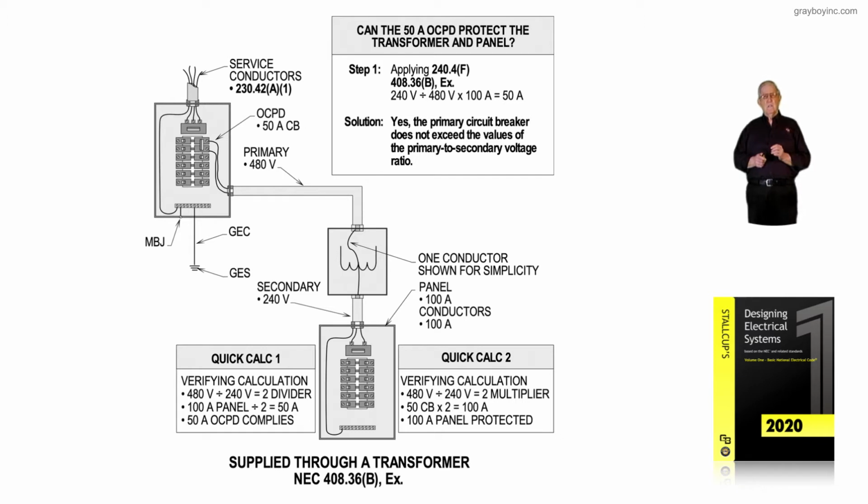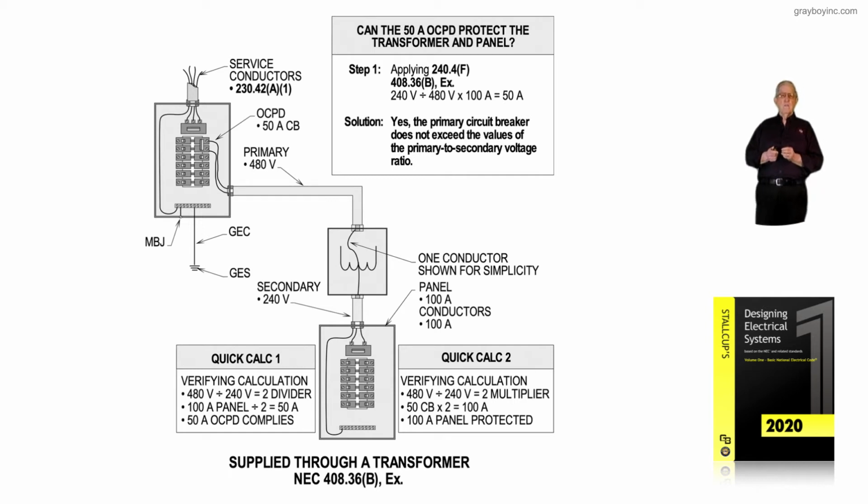And I believe it's chapter 20 of Stallcup's electrical design book that deals with Article 450. But what we're trying to point out here, let's look at the Quick Calc 1. And this is basically what trained electricians would use in the field. If you had a 480 volt primary, as you see in the illustration, and let's just say you had a 240 volt secondary, divide the primary of 480 volt by the secondary voltage 240, and that is a